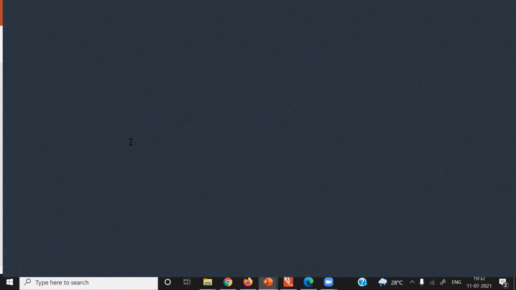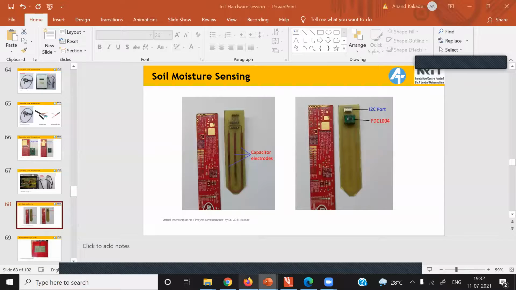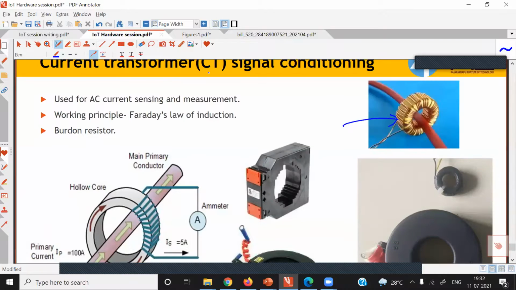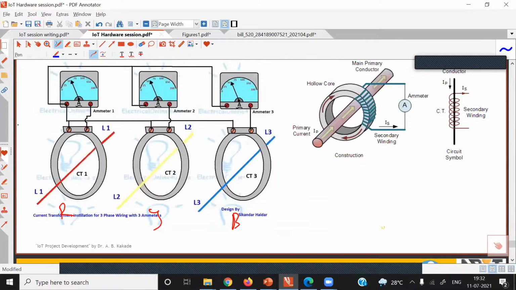For measurement of current, you require a separate analog pin, and for measurement of voltage, you require another analog pin. You cannot use the same analog pin. For measuring current on 3 phases, you require 3 separate analog channels. There is a small confusion here. For measurement of 3-phase current, we require 3 CTs. So for 3 CTs, you require 3 signal conditioning circuits separately. So you will have 3 analog outputs for the 3 current transformers.